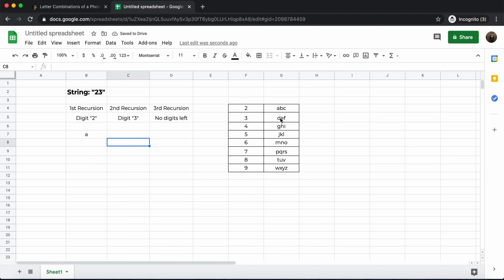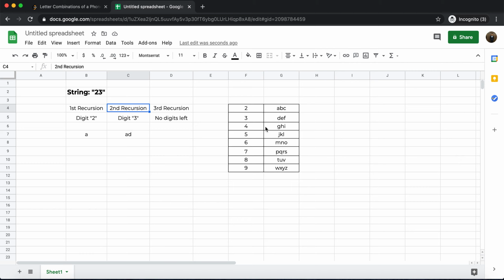That function will pick the first item from its bucket, which is D. So it will append AD and pass the control to the third recursive function. That function has really no digits left. So its job is to take the combination that is generated, add it to the output array, and then return the control back to the second recursion.